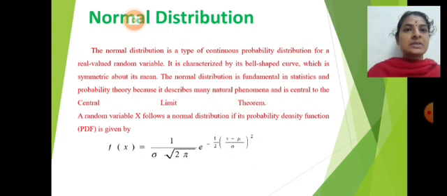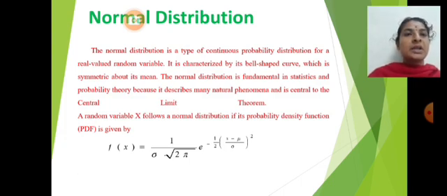Now we discuss the topic of normal distribution. The normal distribution is a type of continuous probability distribution for real-valued random variable. It is characterized by its bell-shaped curve, which is symmetric about its mean. The normal distribution is fundamental in statistics and probability theory because it describes many natural phenomena and is central to